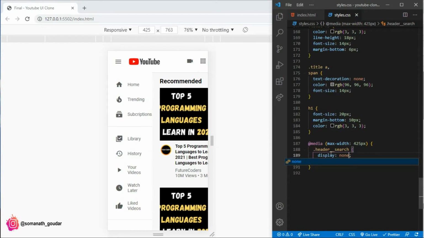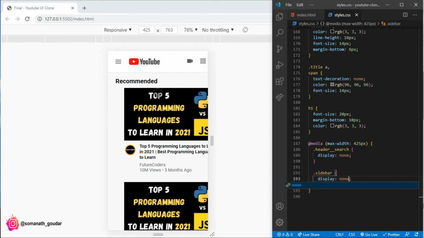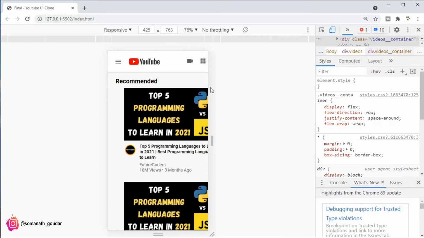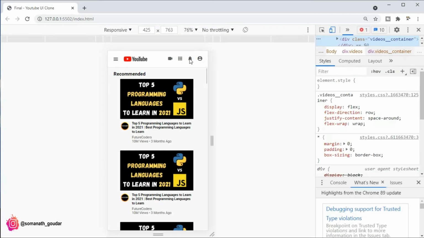Now that's gone. Now also I don't want to display the sidebar. Let's also target that, which has the class name, if you remember. I'll say display none. Now that's also gone. And this should be some bug issues, so I'm just gonna cancel this and reopen this again, inspect. Okay, now I don't want to display these three icons. I only want to display the account circle icon, and another one is going to be the search icon.